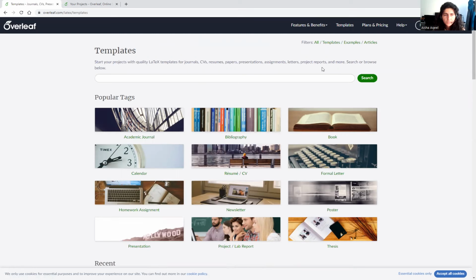You can use it for academic journaling, bibliography, writing books, formal letters, CV. This I found very interesting. I have been using some other tools for writing my CV, but I can definitely recommend Overleaf because I found that it makes life much easier and more organized.